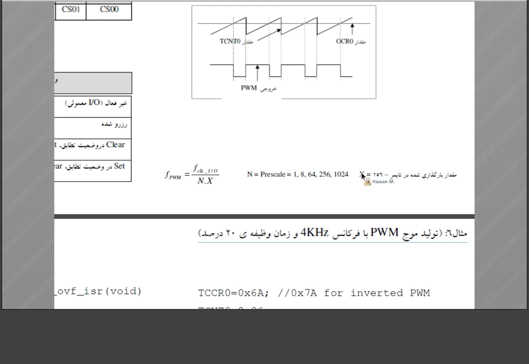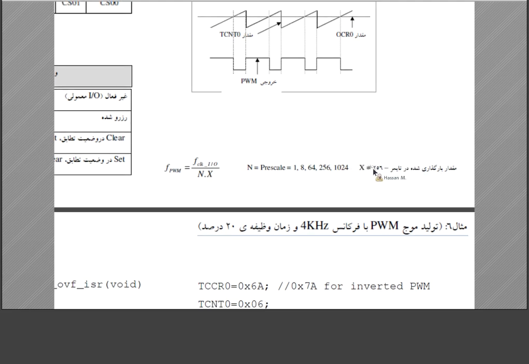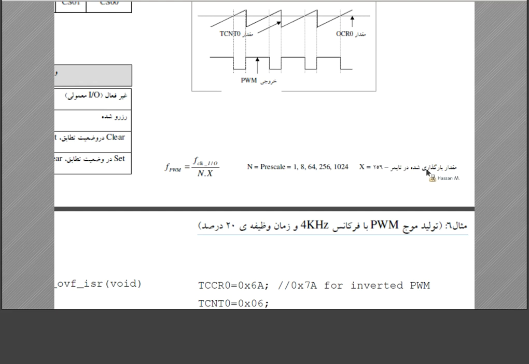X, this item, means top, okay, 256, minus the start of the count. For example, maybe 0, or maybe a value initialized by us. Maybe you will start from 0, okay, or maybe you will start from